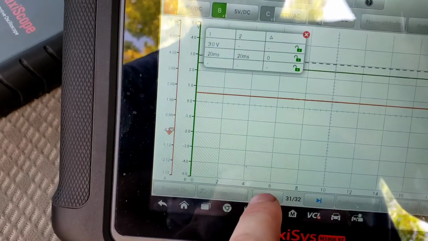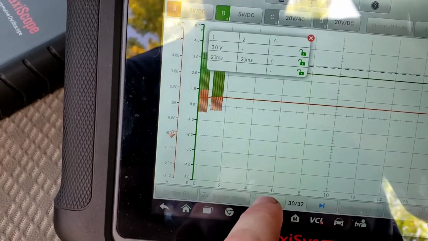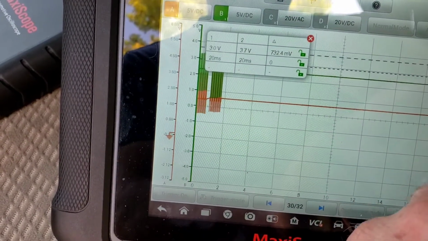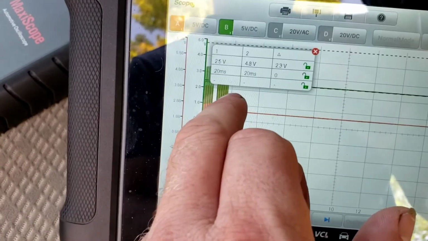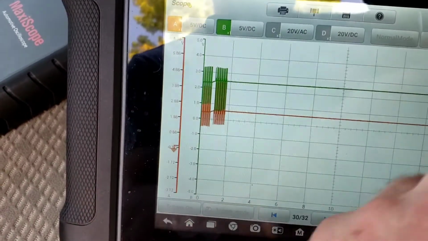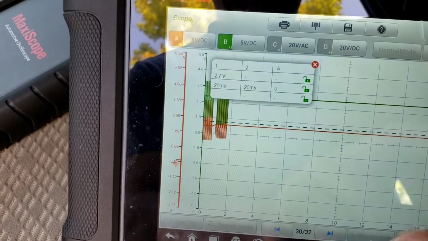Green is, just go back so you have some numbers. Green is 2.5. Red is,